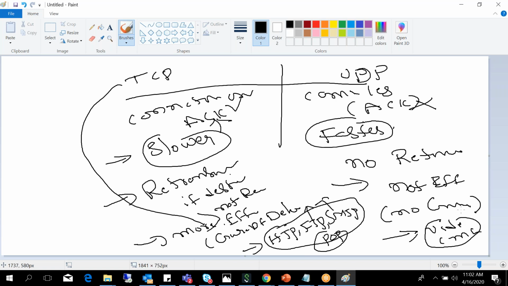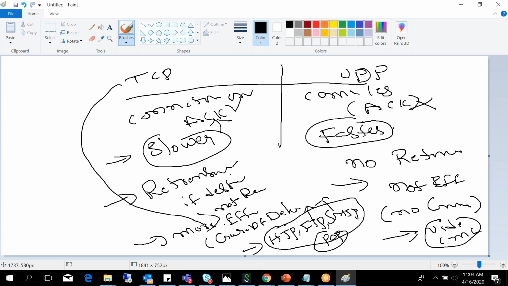Video conference applications. Why? Because, as I said, if something goes wrong and one packet gets dropped or is not transmitted, the other packets will still be received. Video conference is real time, right? If one packet drops, the other 100 packets will still be sent and successfully reach by different paths. So your video or live conference will not be disturbed.